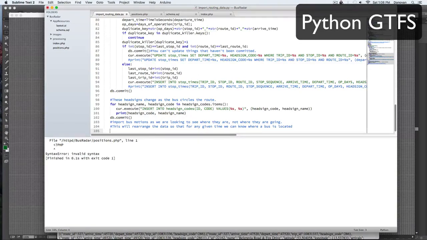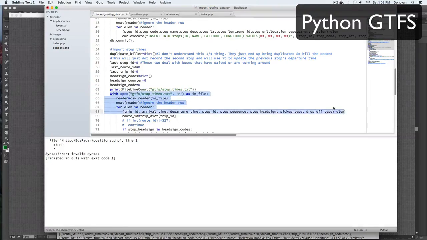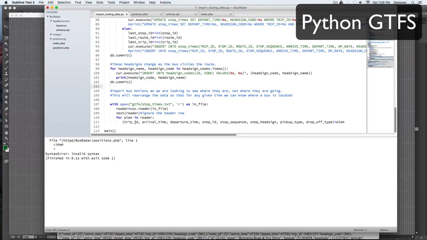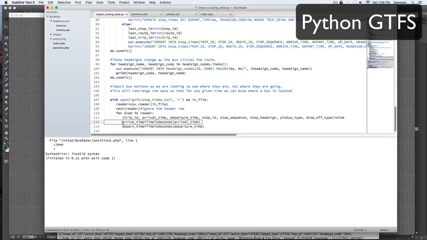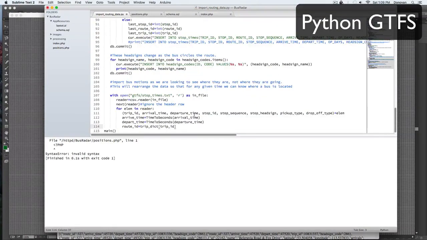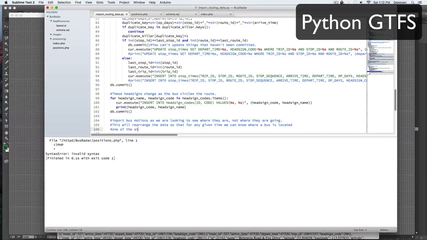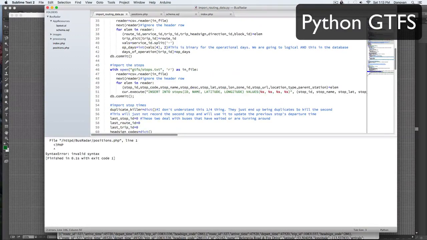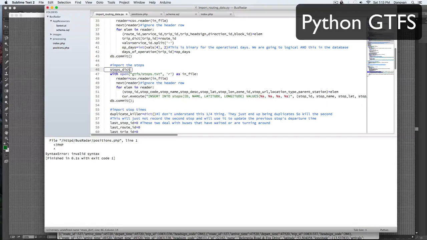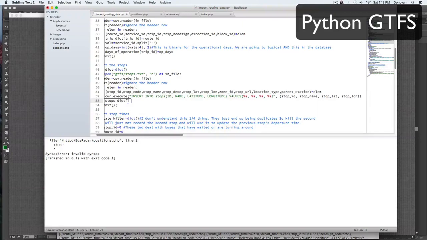Anyway, back to stop times. Now we're going to start looking at, I'm duplicating the import of the stop times. A more efficient way would be to do these two table buildings at once. But I'm looking at the data in such a different way for this second thing where we're creating the motions that I'm just going to do it twice. Two separate runs at the data. This import routing data only happens, as I say, once every month or so. So I'd rather have code simplicity